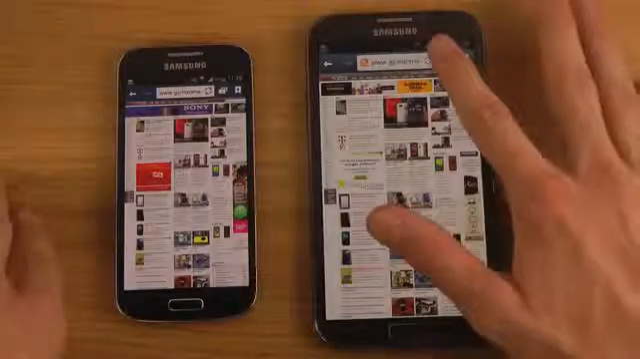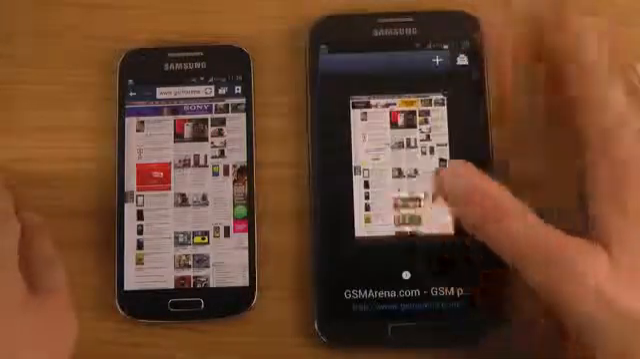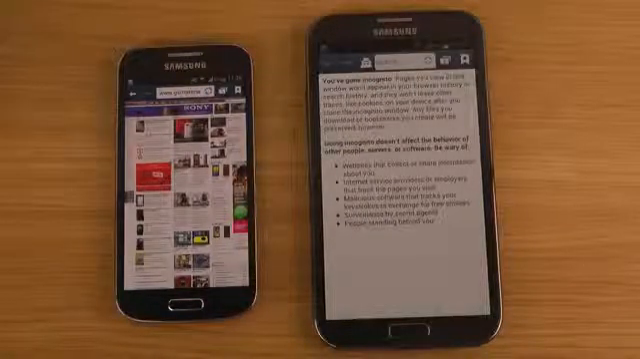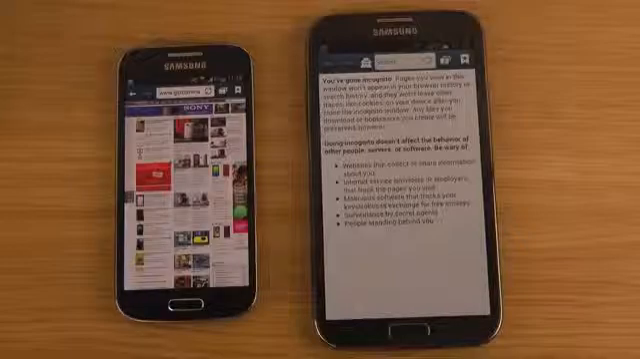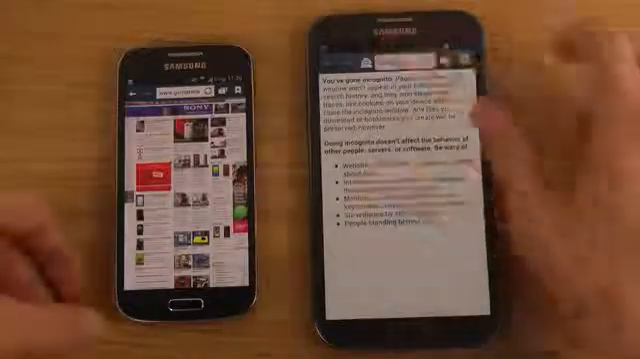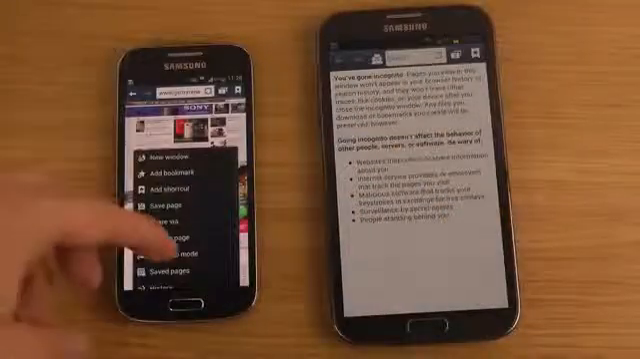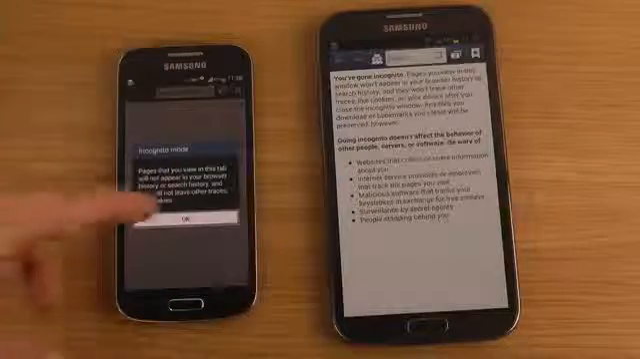Also, you did see when I was going in here, you have the incognito mode. So if you want to search for porn, or go into a mode where you don't save any history or anything, you just go into that incognito mode and you see that incognito logo at the top. If you want to do the same thing here on the S4 Mini, just go into incognito mode over here,